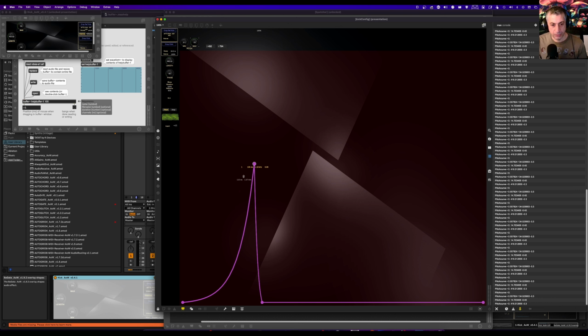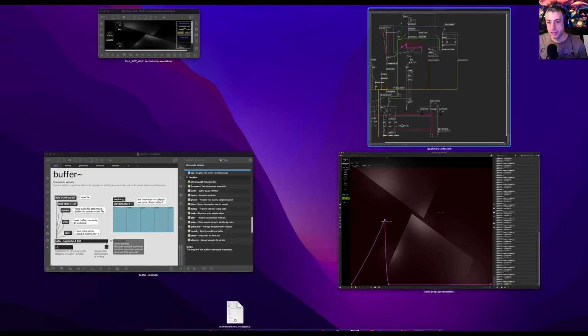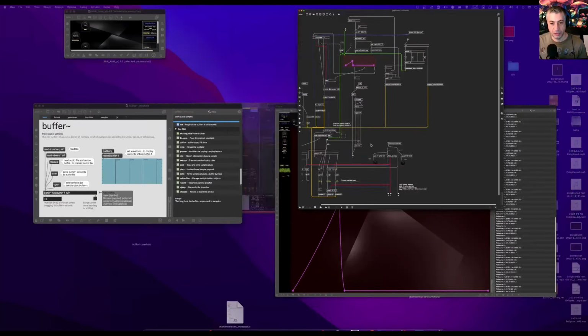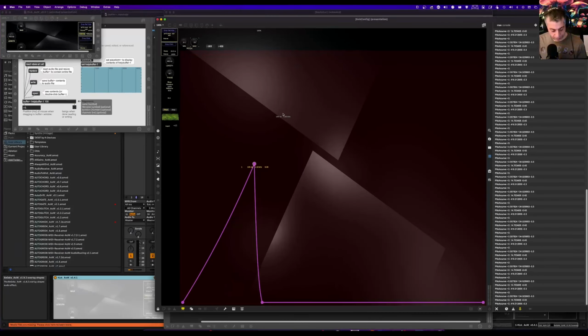No. So there's no way of having this display updated as I do the modification, and this is why the envelope,